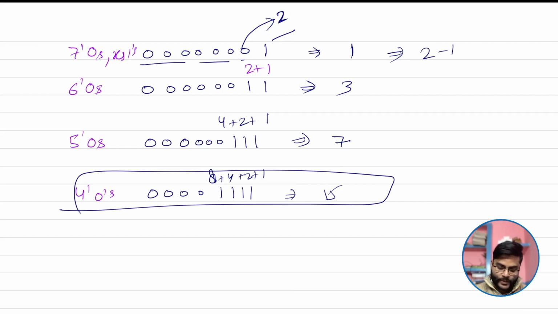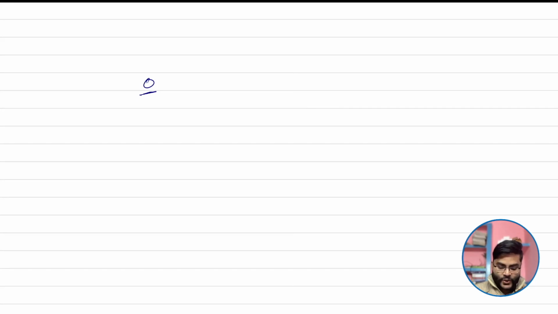Now I want to find the value of this. What is the value of my third bit? It is 4. So 4 minus 1, its value is 3. Now we have consecutive 3 ones. What is the value of the fourth bit? 1, 2, 4, 8, right? So its value can be found as 8 minus 1, that is 7. Now, if we have 7 ones,